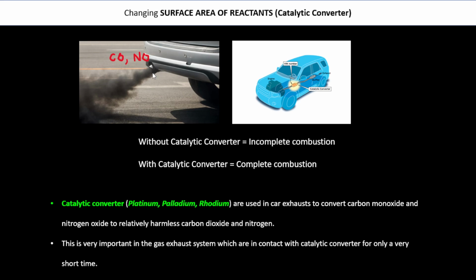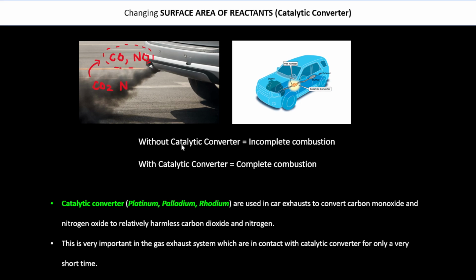But with the catalytic converter, these gases will undergo complete combustion, produced as carbon dioxide or reduced to nitrogen, which we call complete combustion. And this is relatively much safer compared to oxides of nitrogen and carbon monoxide,